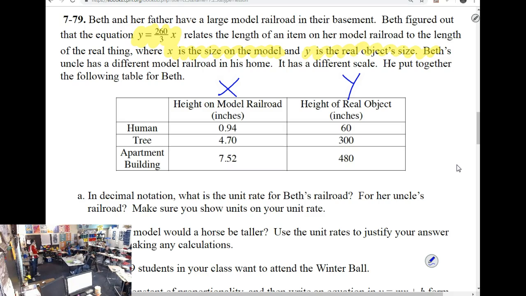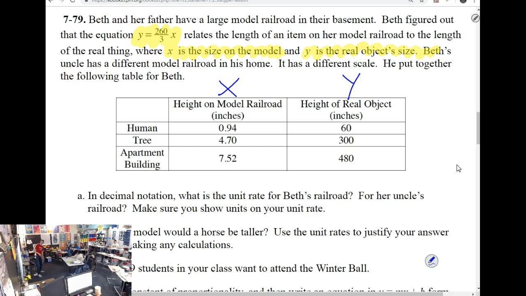If you don't have some version of this table in your notes, I would advise you quickly, real quick, T-chart, X, Y. Oh, Lordy, I only have 5 minutes left. So,